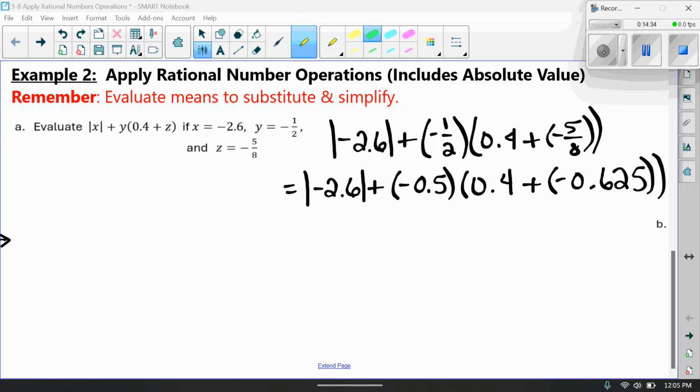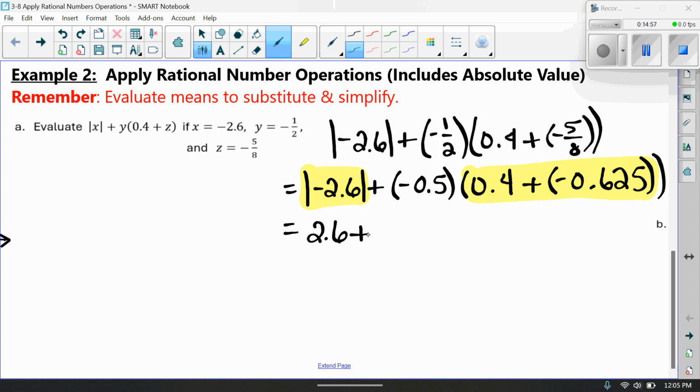So, using our order of operations, we can do this absolute value, and we can do this addition right here first. Okay, so the absolute value of -2.6 is +2.6. So this is going to be 2.6 plus a negative 0.5, just bring that down. And then over here, we have a 0.4 plus a negative